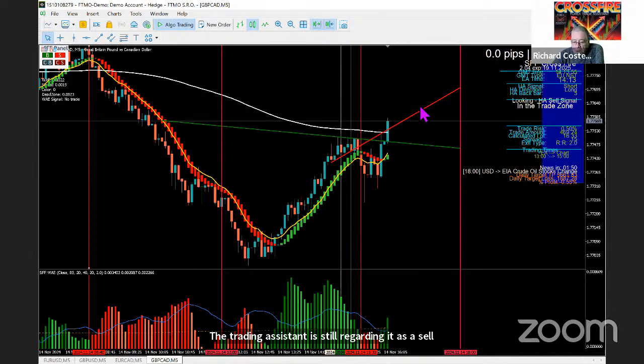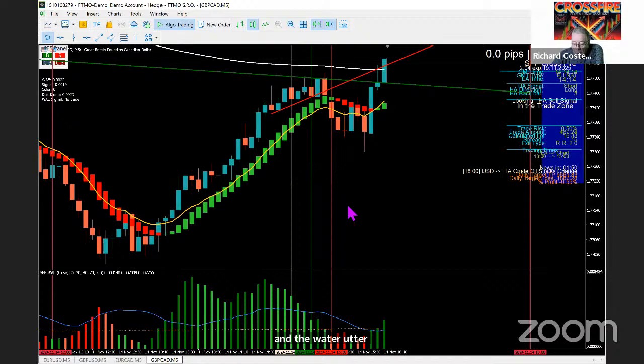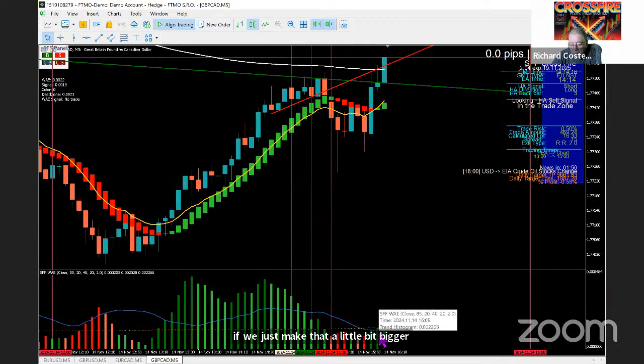I think if the next candle opens above the red trend line, it will definitely be looking for a buy. The 13 is making its way to the 200, and the Water ATA, if we just make that a little bit bigger, you see the blue line is still below the dead zone, therefore we're not going